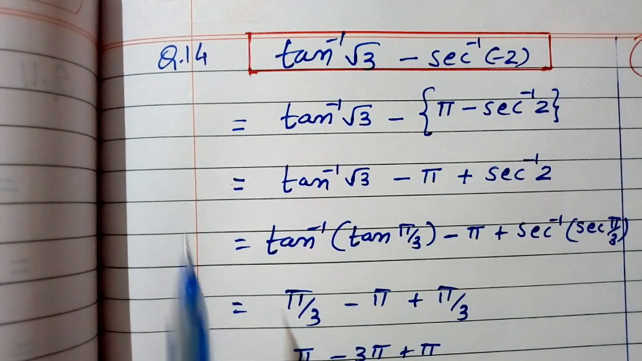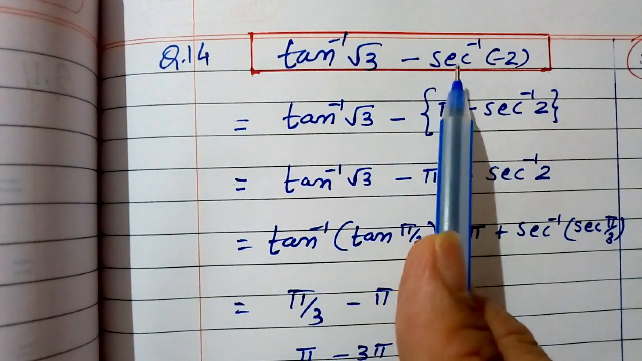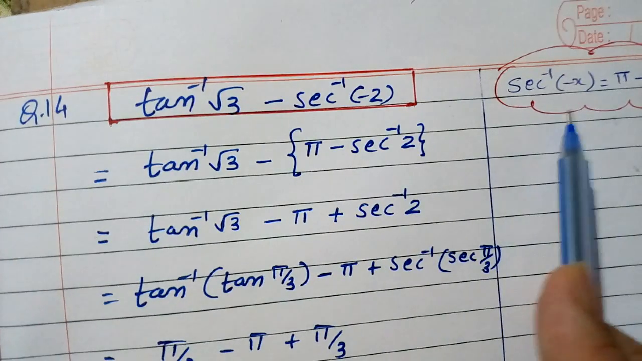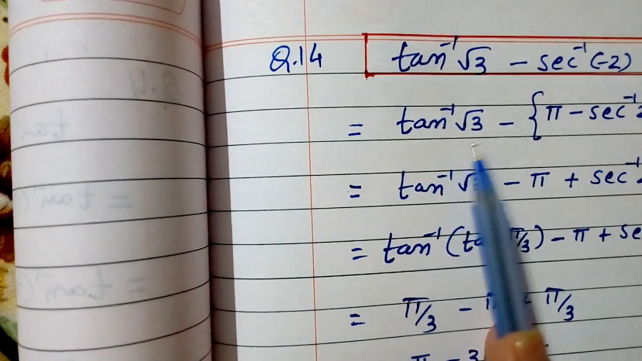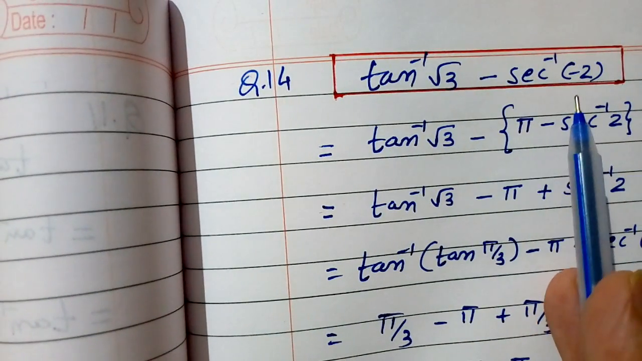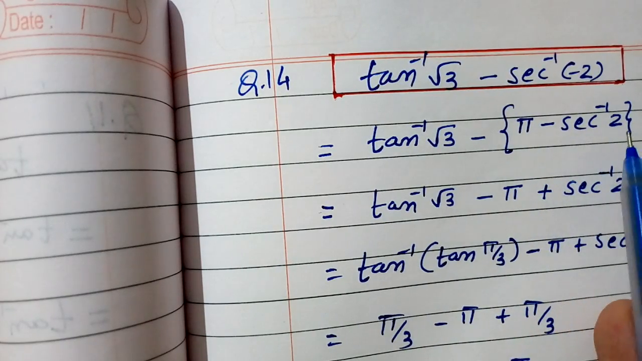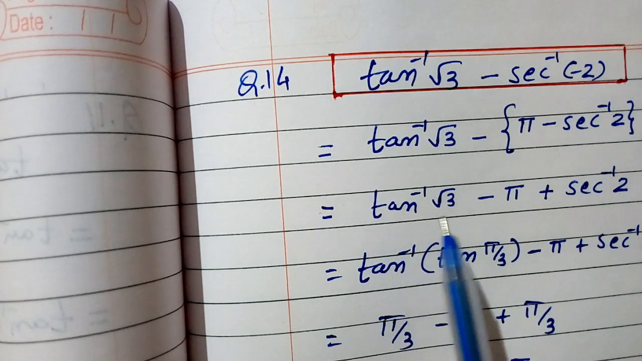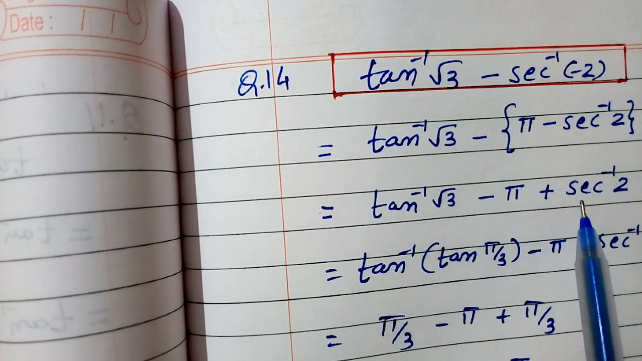Next sum, question number 14, tan inverse root 3 minus sec inverse minus 2. We know the property sec inverse minus x equal to pi minus sec inverse x. So here, tan inverse root 3 minus, instead of sec inverse minus 2 we are writing in the bracket pi minus sec inverse 2. We leave the bracket in the next step, equal to tan inverse root 3 minus pi plus sec inverse